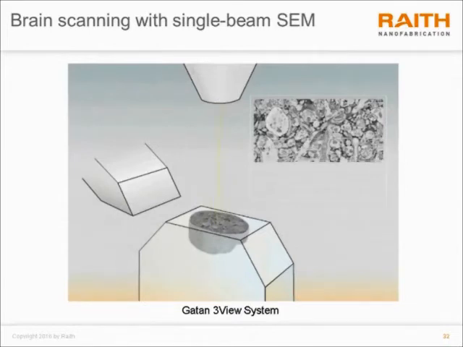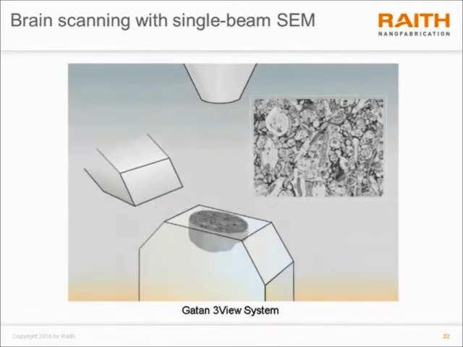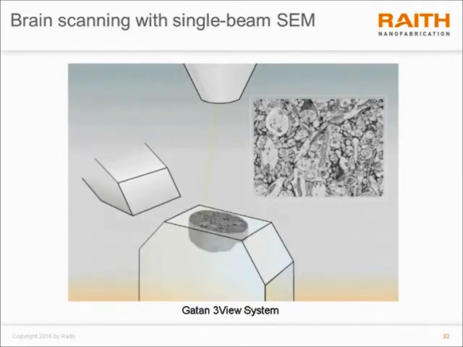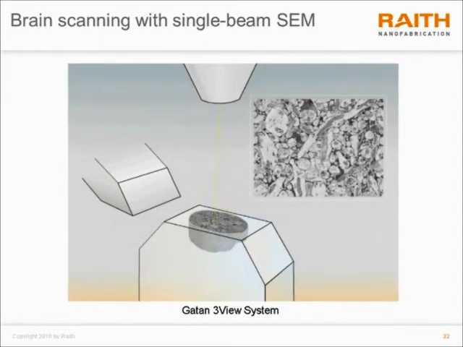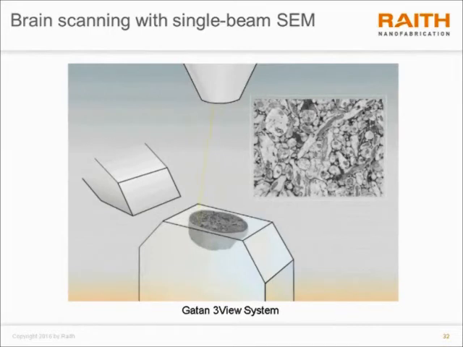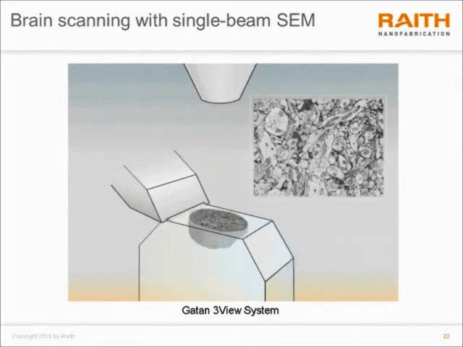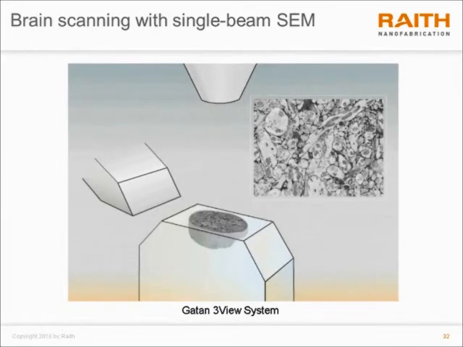And several groups around the world are already off and imaging small sections of neuronal circuits. Here is one sample preparation method where an in situ ultramicrotome is used to slice neuronal tissue right underneath the scanning electron microscope. And between each slice, a new scanning electron microscope image is captured. And the idea is to stitch these